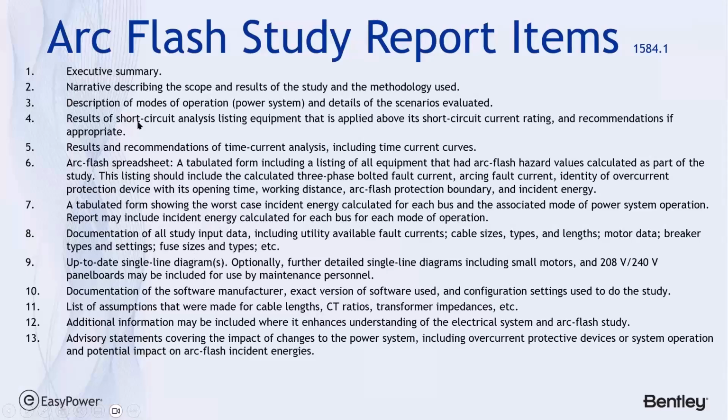These include a description of how the system looked when you first arrived, the modes of operation in the power system, the details of the scenarios that you looked at, and the results and recommendations for time current analysis, a whole list of